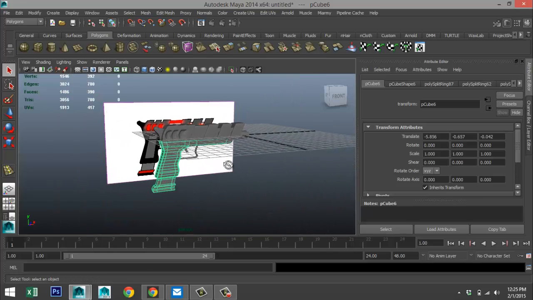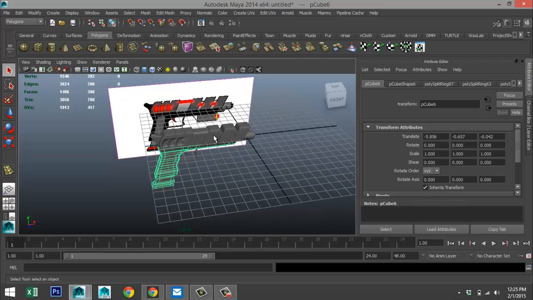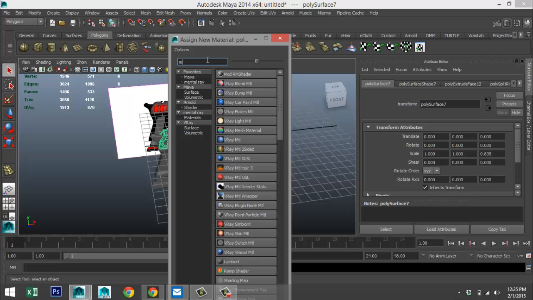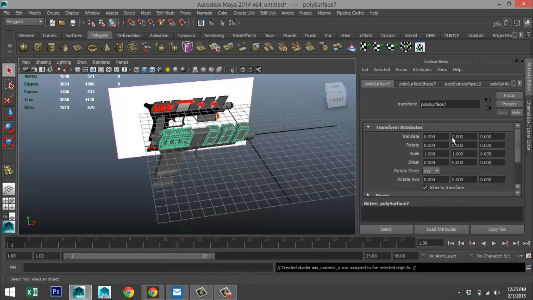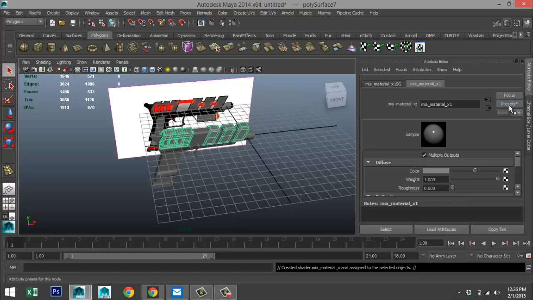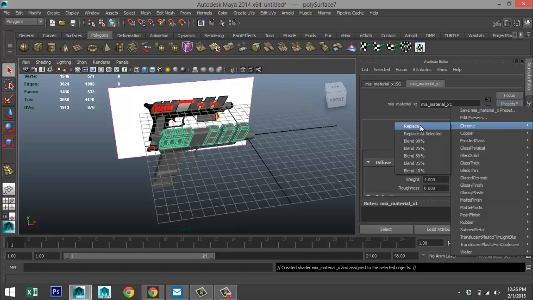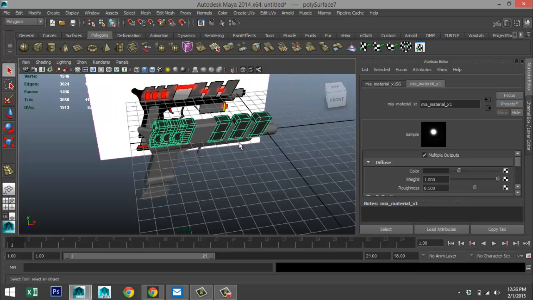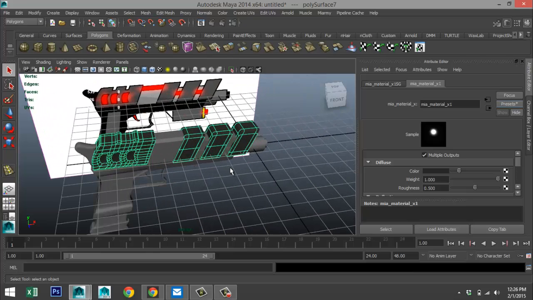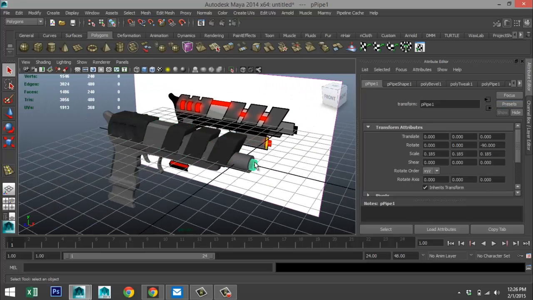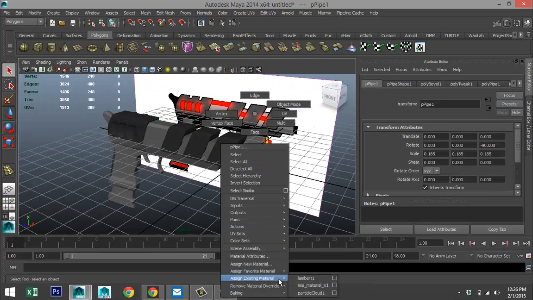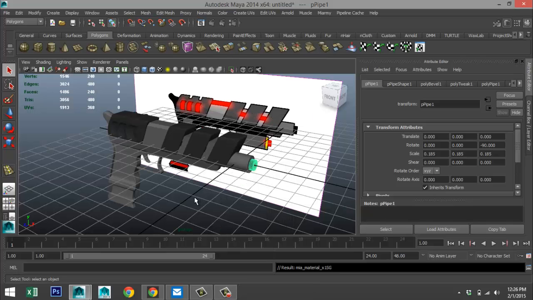We'll take the biggest denominator, if you will, which will be, okay, we'll select those sections, right click, assign new material, MIA_X, material tab, presets, Chrome, and replace. Sorry guys, I'm just a sucker for Chrome. I just like that. We'll take the barrel right there, assign existing material. We'll do the Chrome as well.